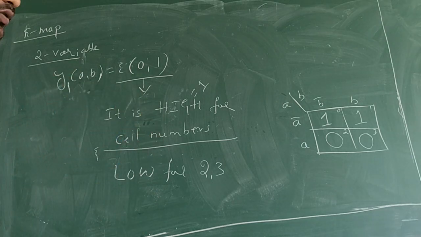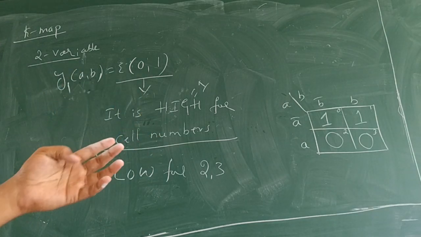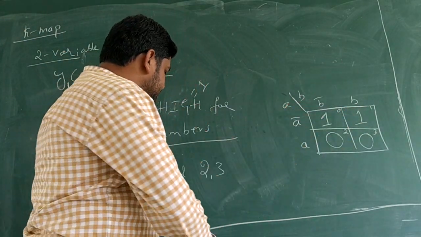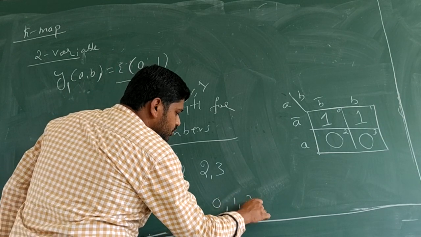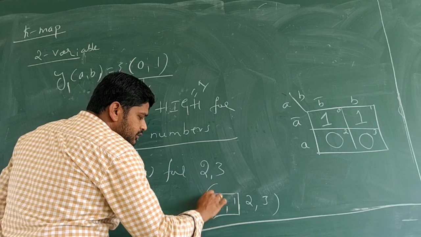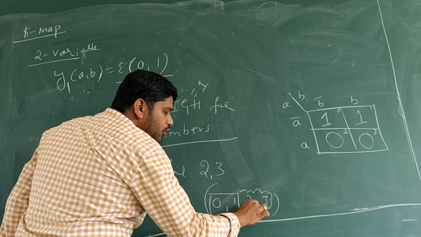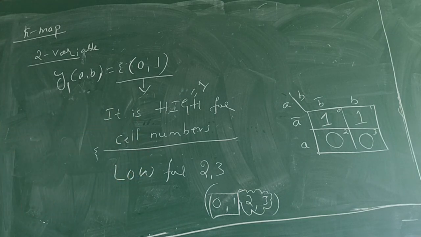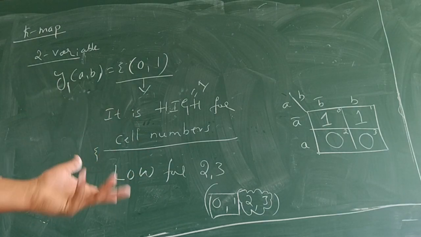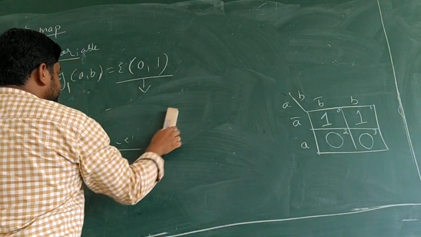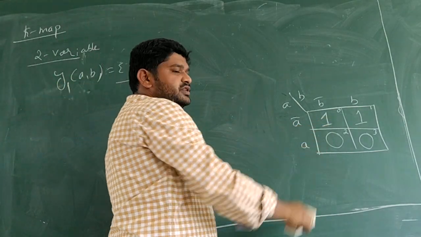So full set means what? What is the total possibilities? 0, 1, 2, 3. Completely it is 0, 1, 2 and 3. There are two sets. One is high set and one is low value set. Okay, it is not fixed. All the time first values are not high, later values not low. It is a combination. You will come to it. Okay. So fine. Now let's continue this.